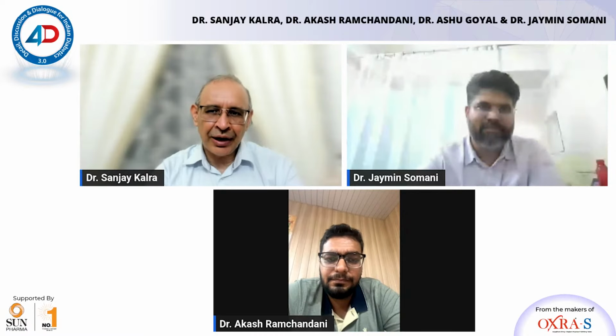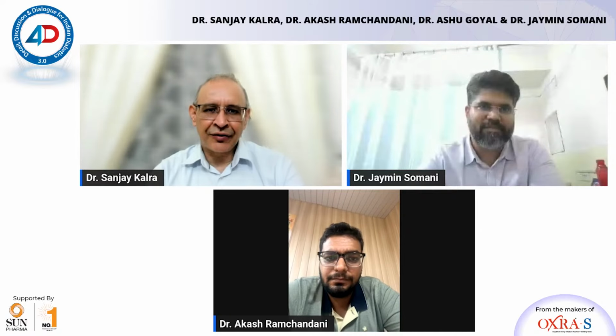And if we can deploy our weapons or our archers or our fighters in the right manner, like Dr. Jamin said, sometimes you will use basal bolus, other times only bolus. That is also possible in renal disease. Other times only basal or premixed. Sometimes sulfonylurea with insulin, other times one drug alone. If you deploy your archers and fighters in the right manner, then you will be able to get the desired outcomes. Our topic for today was the 5 pillars. We talked about SGLT2 inhibitors, GLP-1RA, then Metformin and sulfonylurea together, and the last one was insulin.